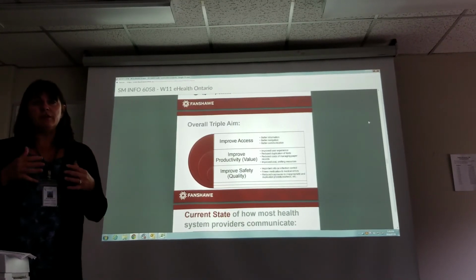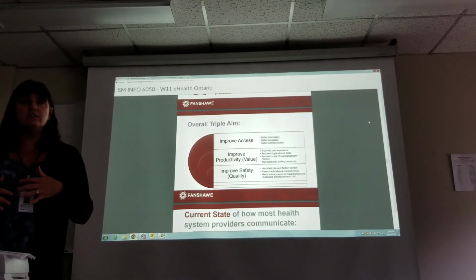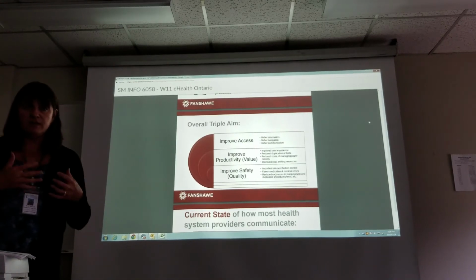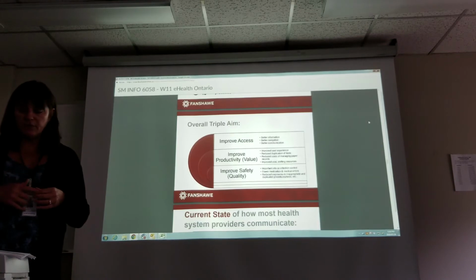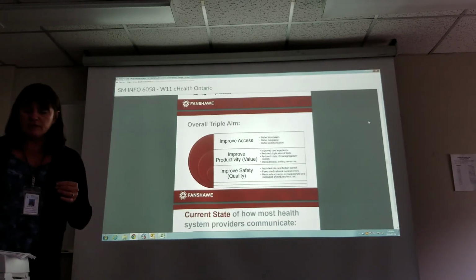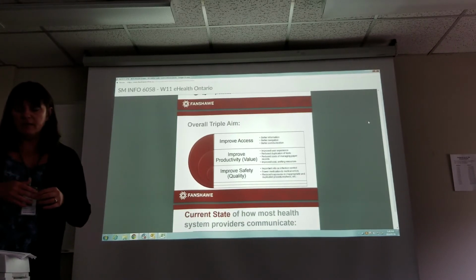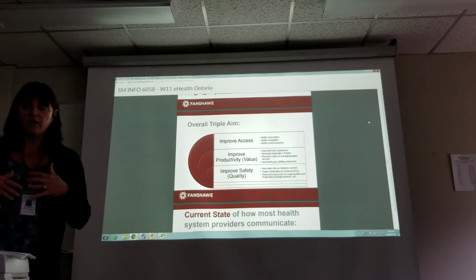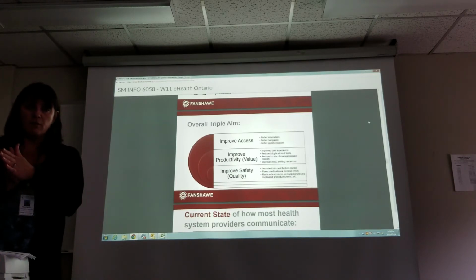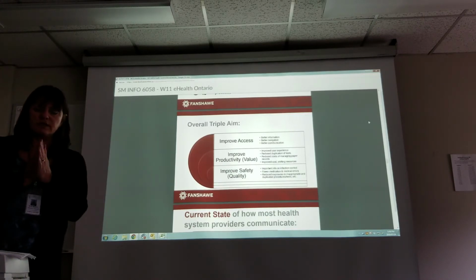So we want to improve the user experience, so the clinician's experience, the patient's experience. We want to decrease the number of duplicate tests that are ordered, reduce costs of managing paper records, and improve cost efficiency, and shift resources where they're not needed, and maybe redesign or redirect them to more